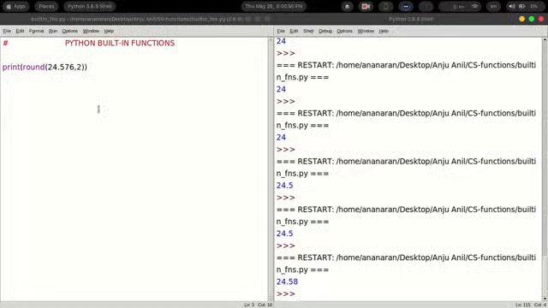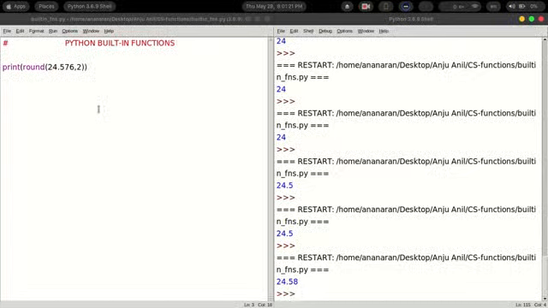The reason is the third decimal digit is 6, which is greater than 4, so it rounds 0.576 to 0.58. So these functions can be used in our programs as and when required. If you want to change any number to any other data type, you can do that in your program.